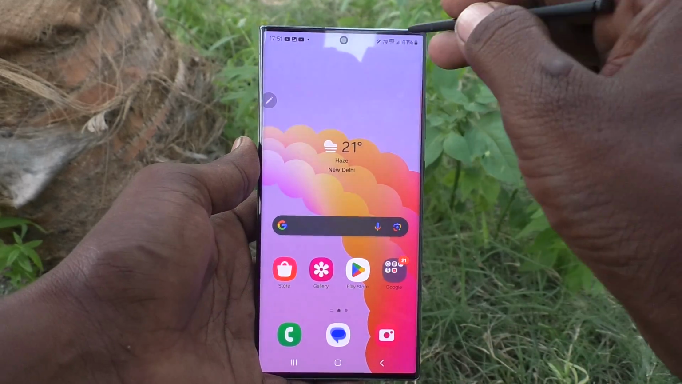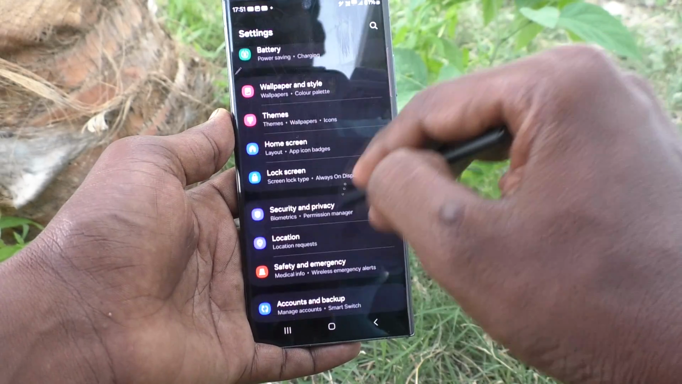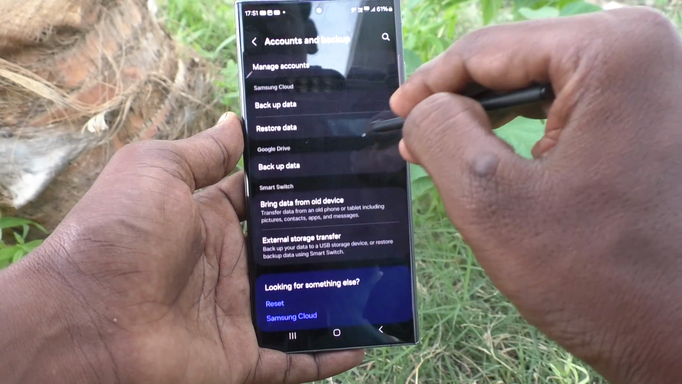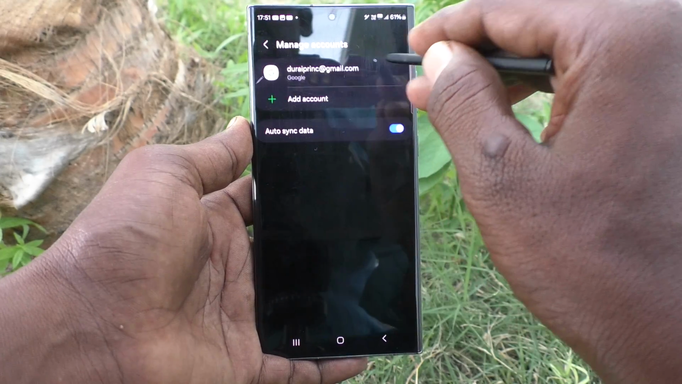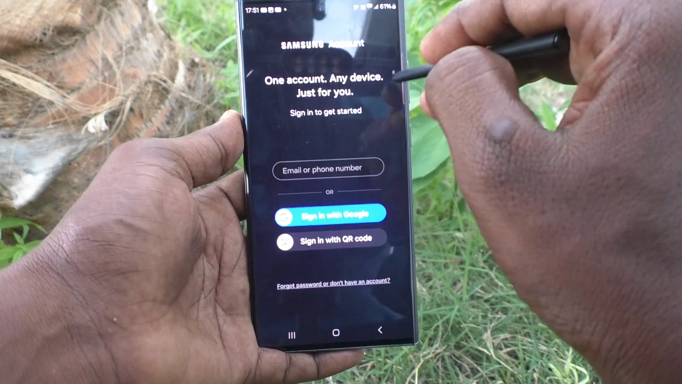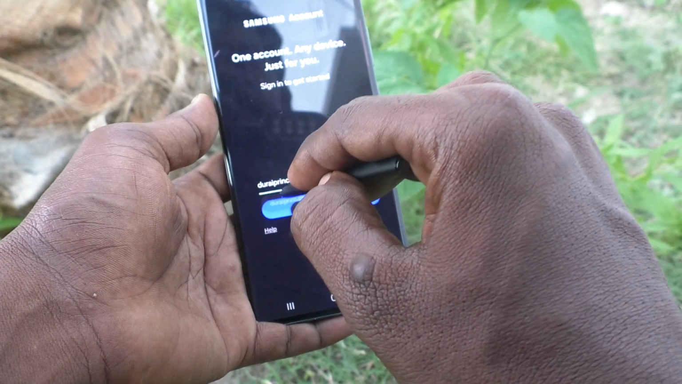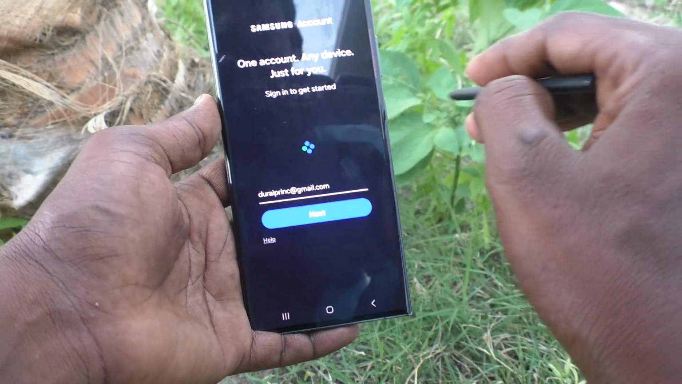First of all, go to the settings of our phone here. Then go to accounts and backup. And here select manage accounts. Here click on add account and here select Samsung account, and here enter your email or phone number. Here I enter my email and click on next,